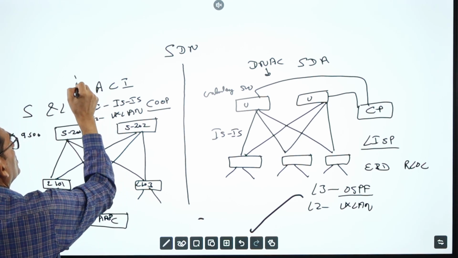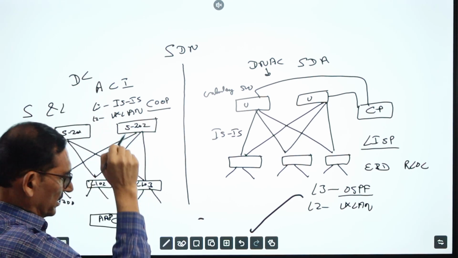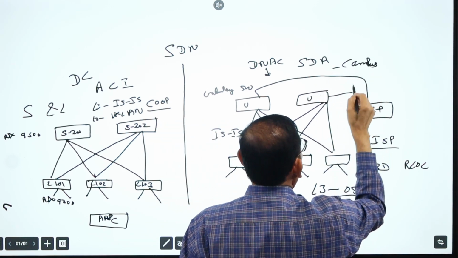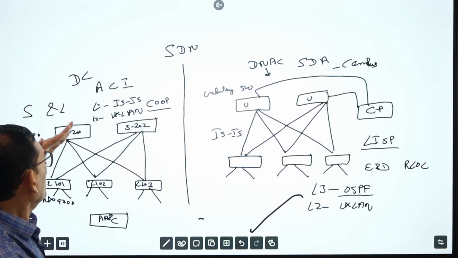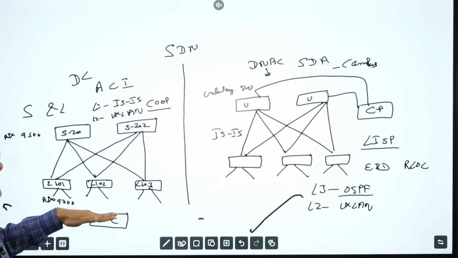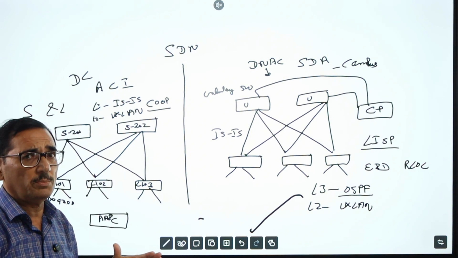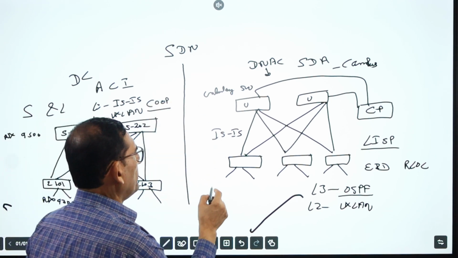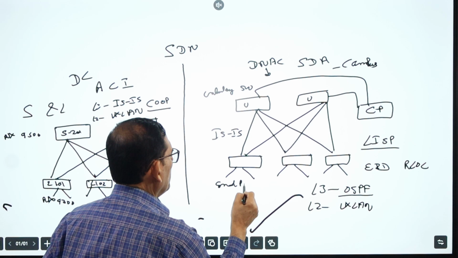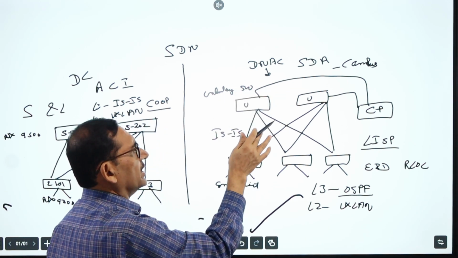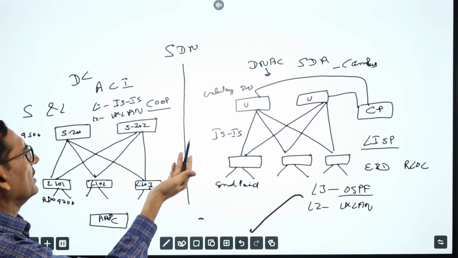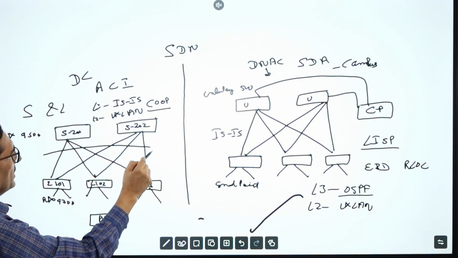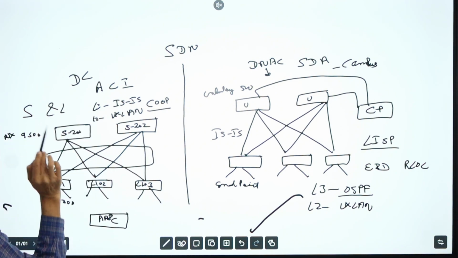ACI is used for the data center. This DNAC SDA is used for our campus network. Here we are recognizing endpoints. In the DC part, we are recognizing our servers. This difference we need to remember. It is not to recognize the endpoint. Like in DNAC, we have multiple endpoints here, and these endpoints are going to be recognized by this particular controller. That is called fabric discovery. This part is called my fabric discovery, and these protocols automatically come here.